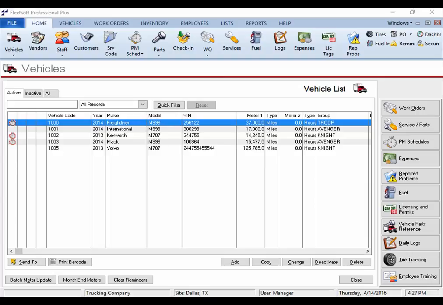The lesson today will show you how to export work orders that are then made to invoices in Fleetsoft, and then how to export those invoices and send them over to QuickBooks. We are looking at our vehicle list. We have 5 vehicles showing, and we have already made some work orders for these vehicles,